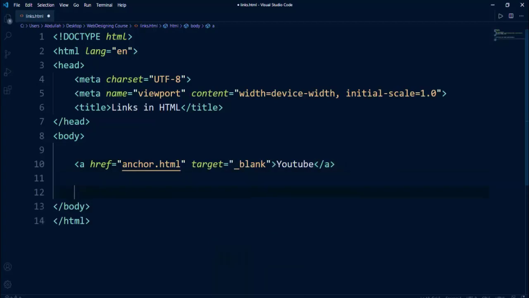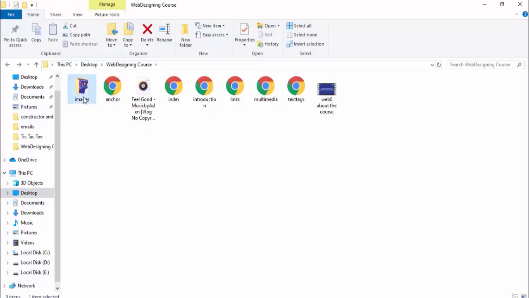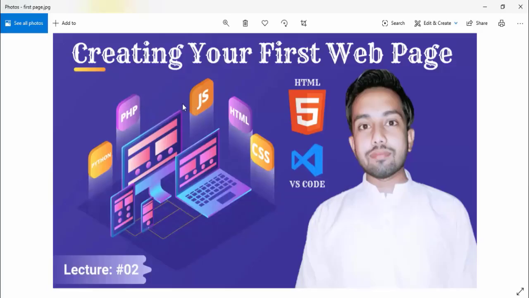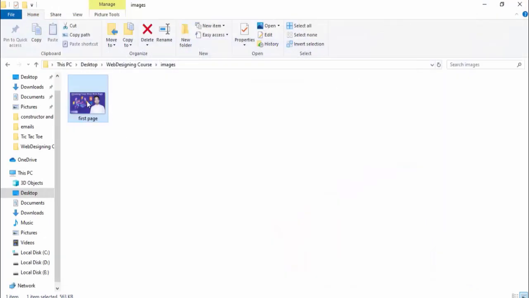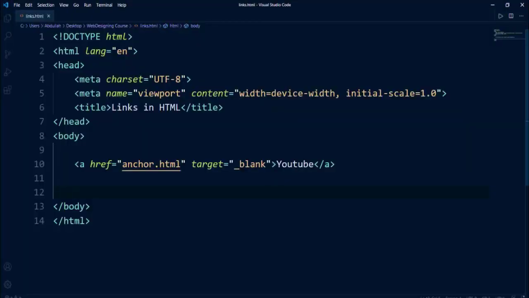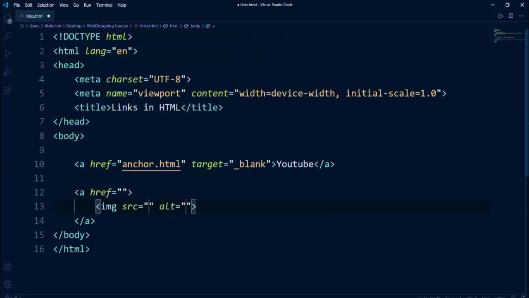that you are using. Now after that, let's say you want to open a website from an image. Okay, so let's go here. Here we have an image which is, I think, create your first HTML page. So here we have a picture which is creating your first web page. So I will add a link on this image. I will go here and add an anchor tag, and first we will go inside the anchor tag and here we will add the image.